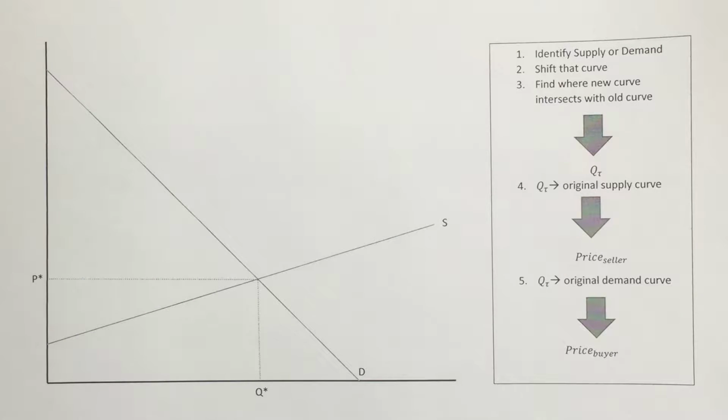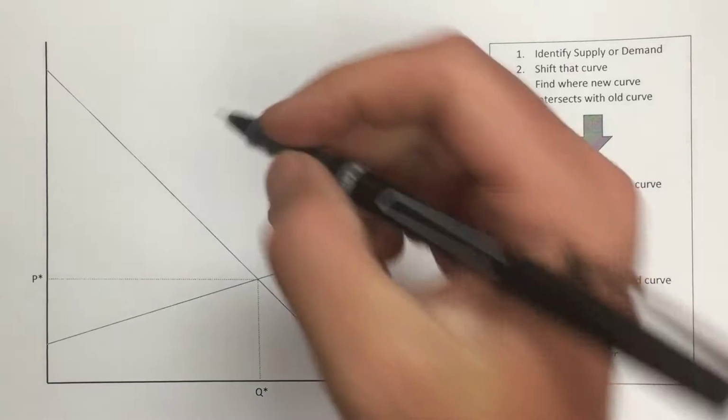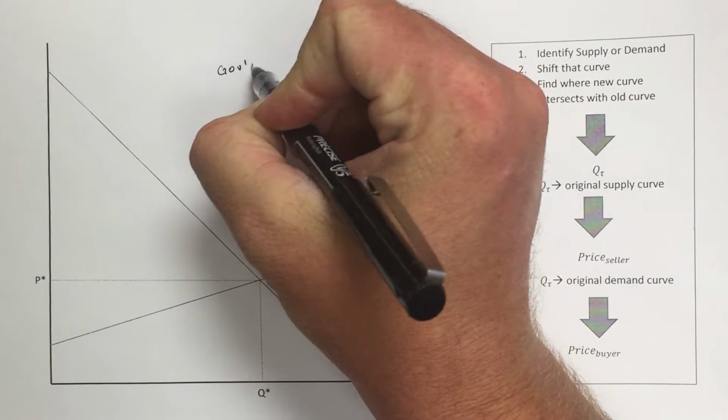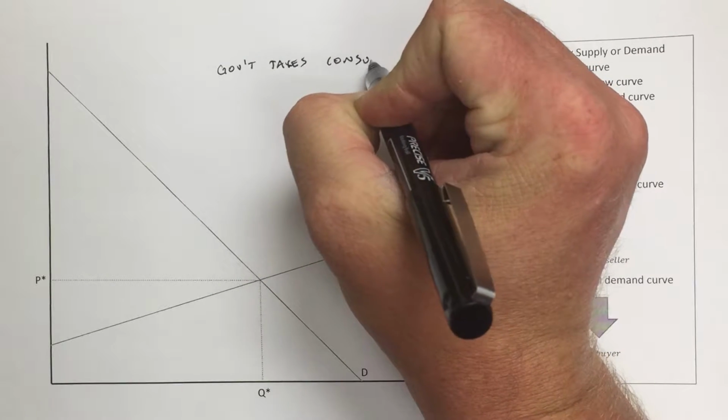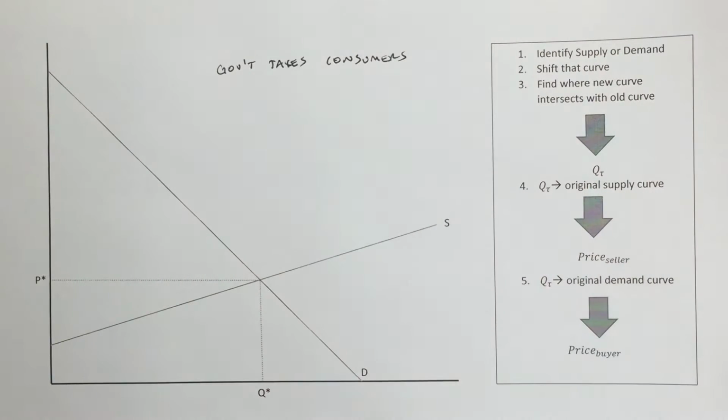Here is an example from Chapter 5 when we're looking at government policies, and the policy we're going to look at is taxes. What happens to a competitive market that is already in equilibrium when the government steps in and imposes a tax? In this case, we're going to look to see what happens when the government taxes consumers. So here is, in a sense, a 5-step process that we can follow to find the 3 items that